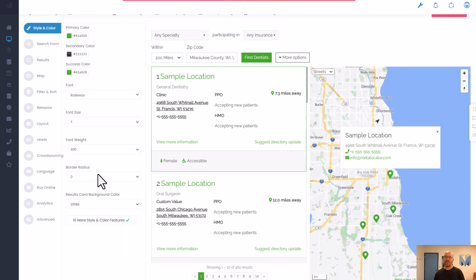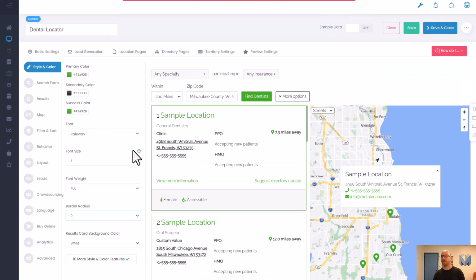Everything else I left the same with respect to the font, and I changed the border radius to 0, and that gives us these square corners on everything. By default, there's a slight rounding of the border. But other than that, all of the styles are the defaults, and so those are the only style and color